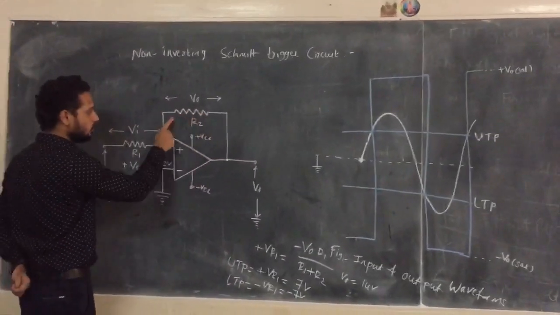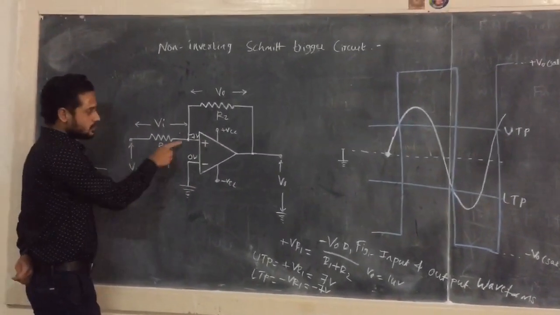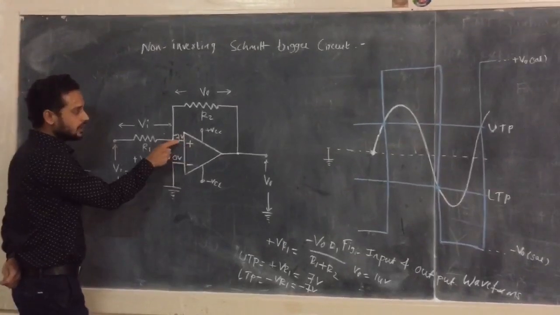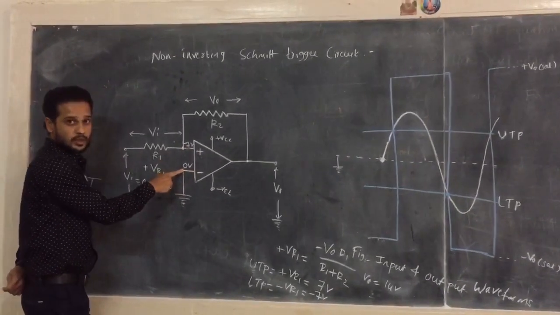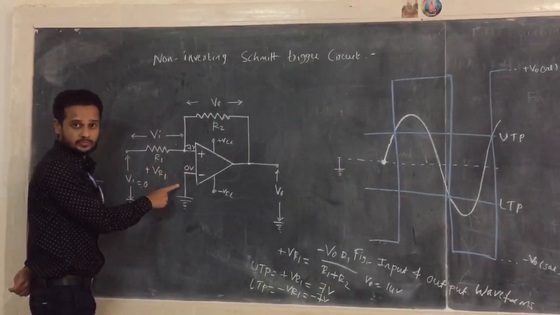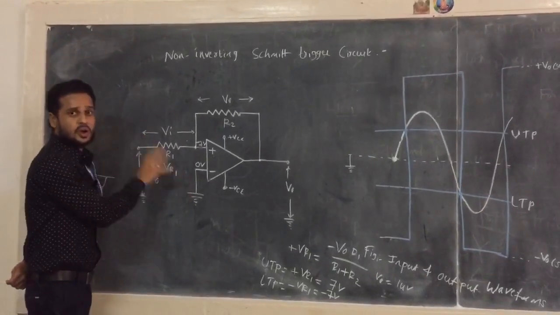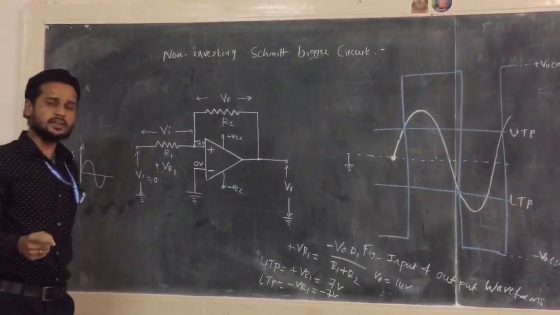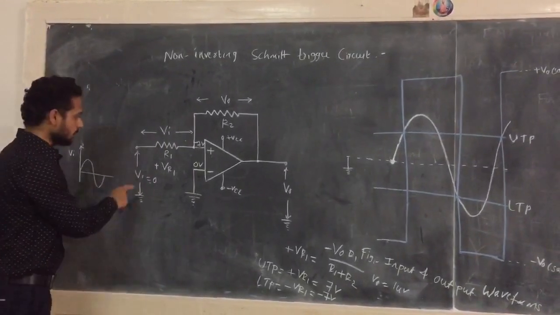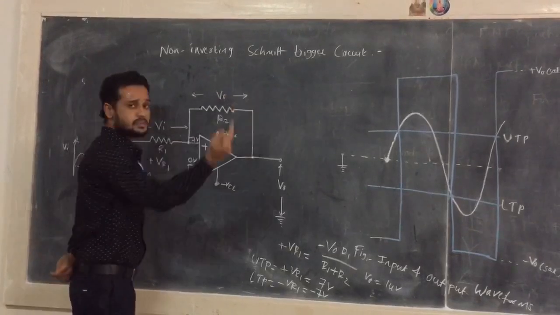Now this minus 7 volt will be fed back as input here. The value of input voltage is 0. So the voltage available at the non-inverting terminal is how much? Minus 7 volt. And here the voltage is 0 volt. So basically it is a comparator circuit, which I have already told you in the previous video. Only thing is that if you include positive feedback, then you have to call it a Schmitt trigger circuit. Now input is applied to the non-inverting terminal, so you are calling it a non-inverting symmetric trigger circuit.